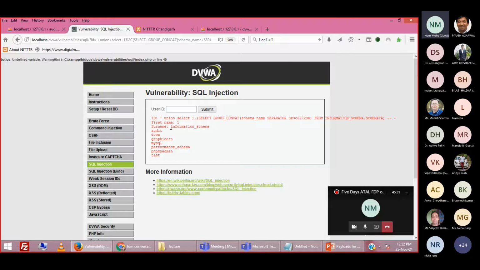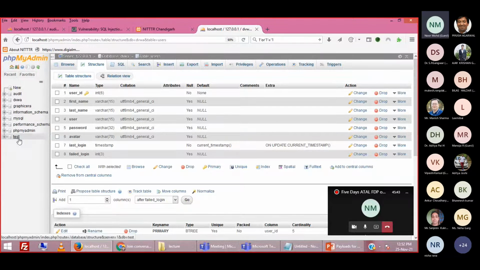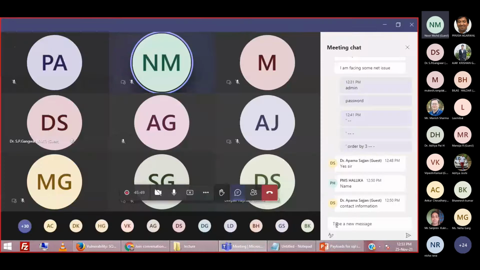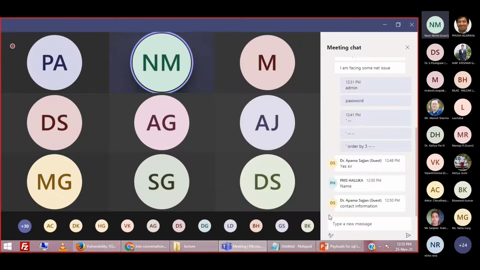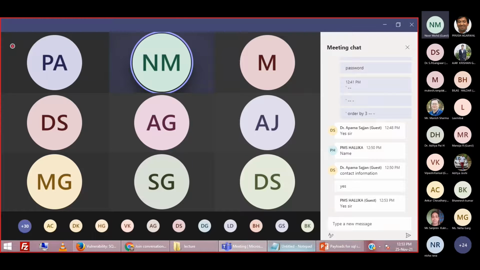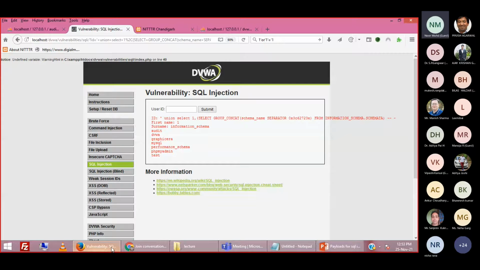You can see here, this website was vulnerable. It was not only showing its own database, but it is showing the names of all the databases available on the server. You can see here, this is our server. It has these many databases. It is showing me all the databases. So is it dangerous, participants? Are you getting this? Yes, it is very dangerous, right? Because it is showing the database names of all the other websites, all the other applications.